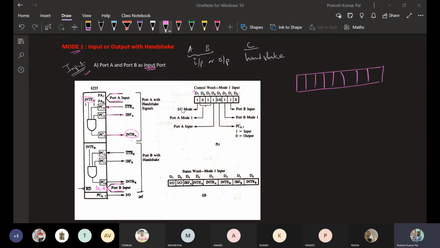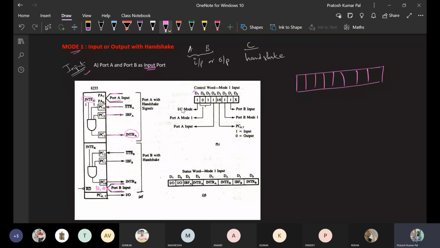Along with that, INTE, the interrupt enable, is the control signal. Once the INTR, the interrupt request, needs to be sent to the microprocessor, INTE, IBF and the strobe signal, all three should be 1. If all three are 1, then INTR will be activated. That means the interrupt request signal will be activated by port A toward the microprocessor. This is an output signal going to the microprocessor, causing an interrupt to the microprocessor.